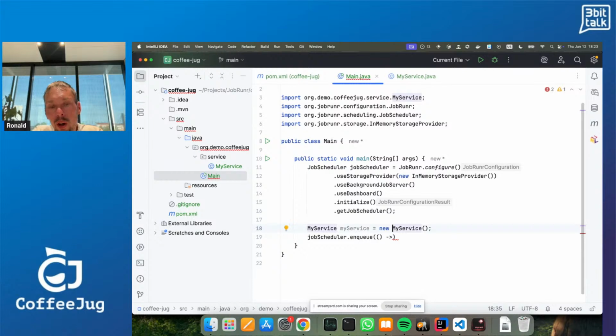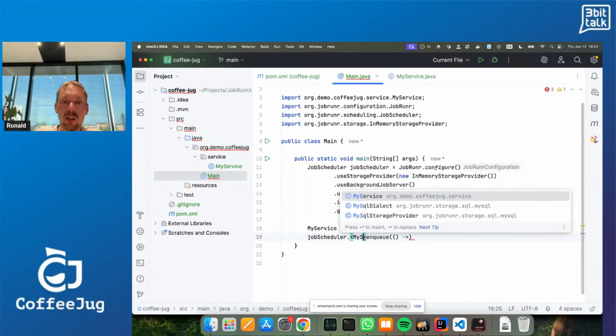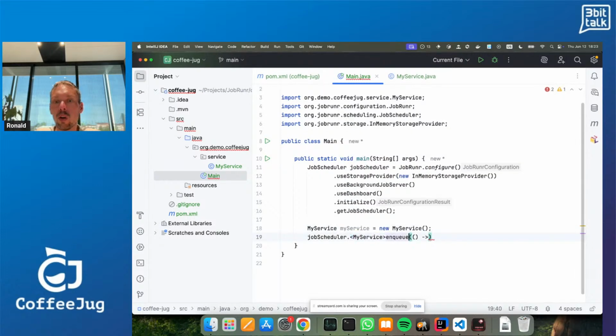In fact, if I'm 100% correct, I don't even need that. What I can also do is use generics, my service, and then I can just call x, and x will be an instance of my service. And then I can do x do work, and I just say, for example, hello CoffeeJug.